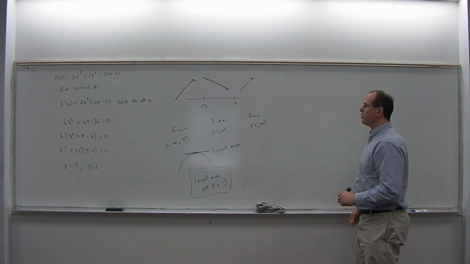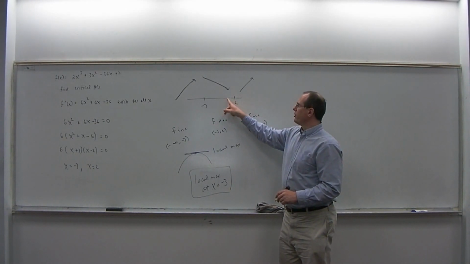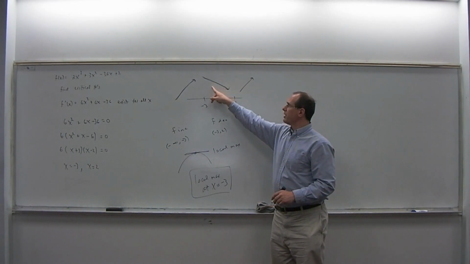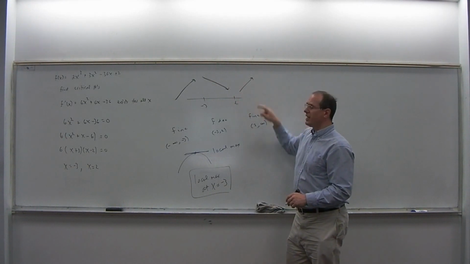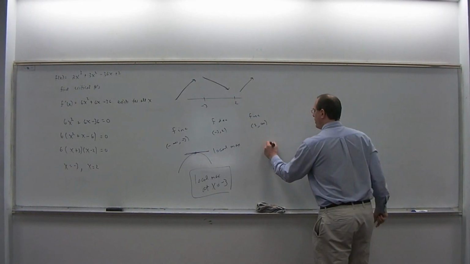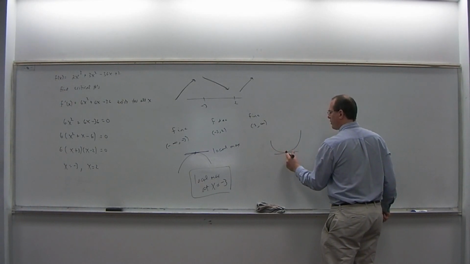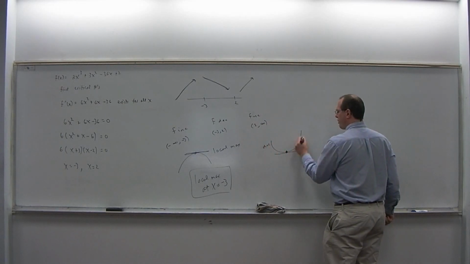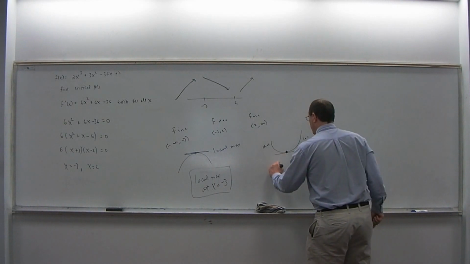And what about at x equals 2? At x equals 2, if we look at the behavior in terms of increasing and decreasing on either side of 2, we see that the curve to the left of 2 is decreasing, and the curve to the right of 2 is increasing. And that's exactly what we expect out of a local min. To the left of our critical number, the curve is decreasing, and then to the right of our critical number, the curve is increasing. So we have a local min